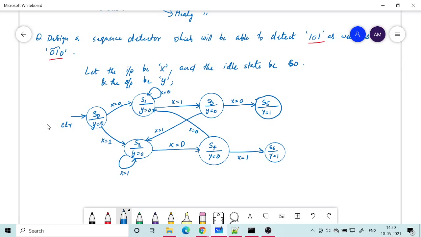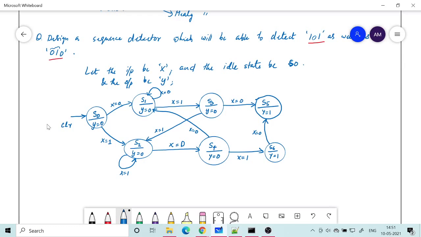Now when I am at S6, that means I have detected 1 0 1. After this, if 0 comes, then I can consider the last 3 bits as 0 1 0. So if I have 0, it's like detecting 0 1 0.